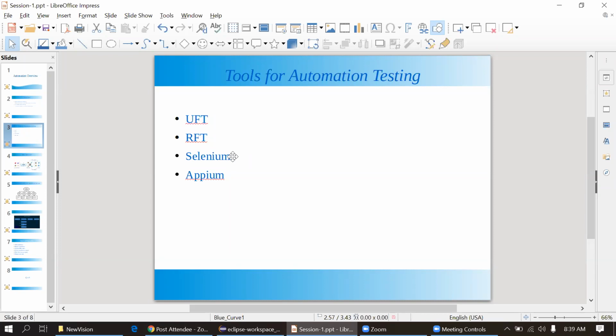And there are a few more add-on tools, like TestNG, Maven, and Gradle, that we can use to make testing easy. And if you want to do load testing, we can use LoadRunner or JMeter. So basically, now we are focusing only on UI testing and functional testing for the web.